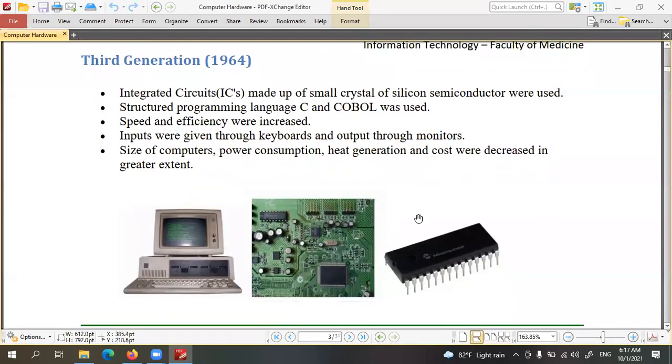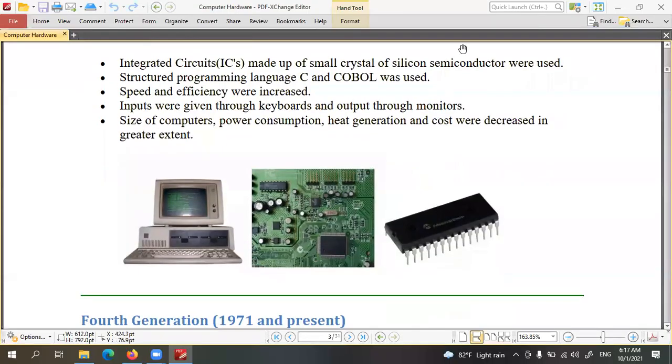After that, the third generation. By combining all these transistors together, they were able to develop another new device, called the integrated circuit, or IC.